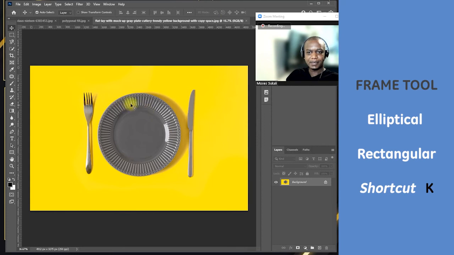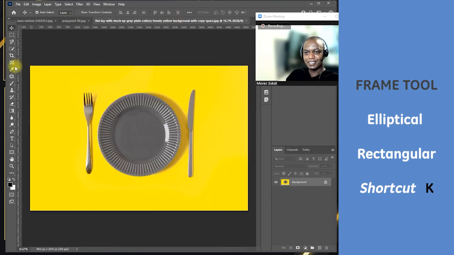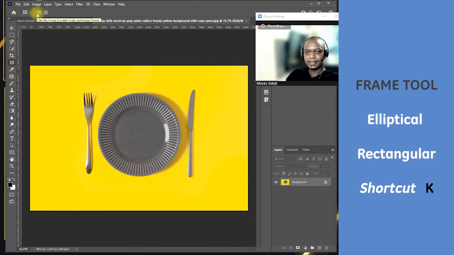So let's say, for example, I would like to fit a specific shape into this plate. For whatever reason, we can just pick this lady's face. So all I need to do is pick the frame tool, and the frame tool has two options. It has a rectangular or squarish one, and the circular or elliptical option. So if I pick the elliptical option and try to draw around this plate,